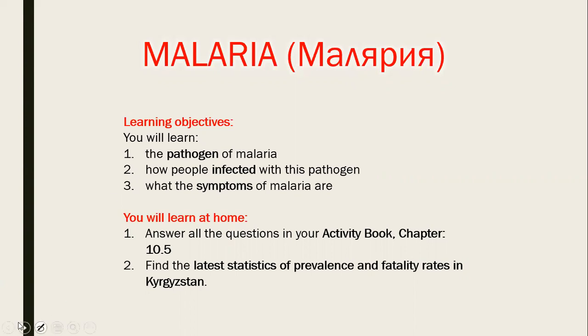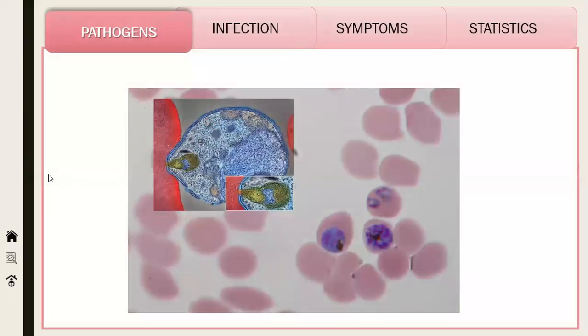So let us start with the pathogen. The pathogen of malaria is not a prokaryotic bacteria, but eukaryotic unicellular organisms. They are classified as protozoa. Not all protozoa are parasitic, but this form in the picture, shown with the blue color, is a plasmodium, which is the parasite of